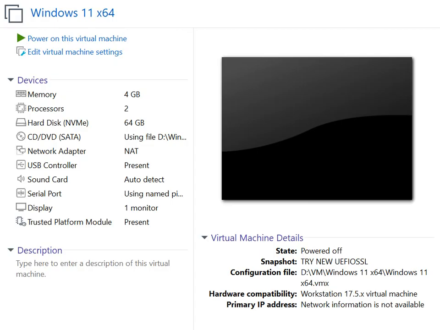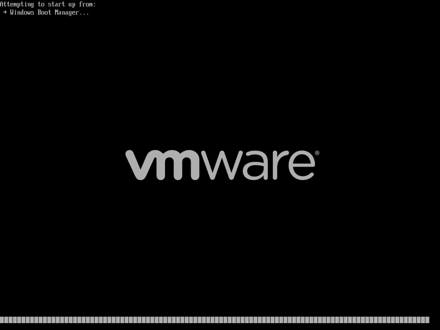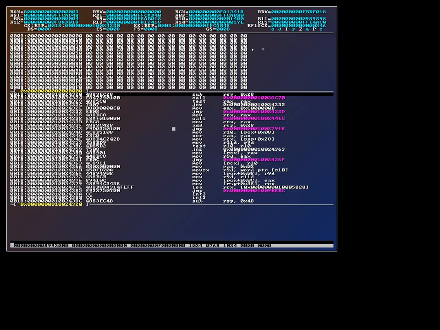Hello guys, so here I am with a VMware Windows 11 x64 machine. I will show you a small thing now. If I start the machine, I have a UEFI driver which loads very early. It will actually exit without staying resident, but